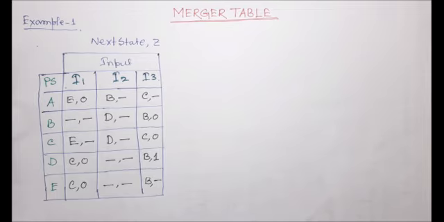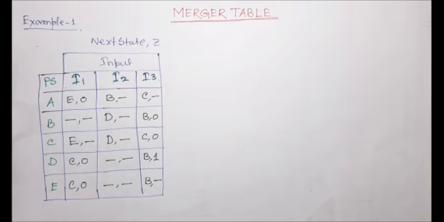I also talked about how to reduce a finite state machine by using state equivalence. And we have seen that in case of an incompletely specified machine, when some output is missing, some next state is missing, then what is the procedure to reduce the incomplete machine? First we have to go for the merger graph or merger table. Then we have to draw the compatibility graph, and ultimately we will find the implied pair, and then we will go for the minimum closing.